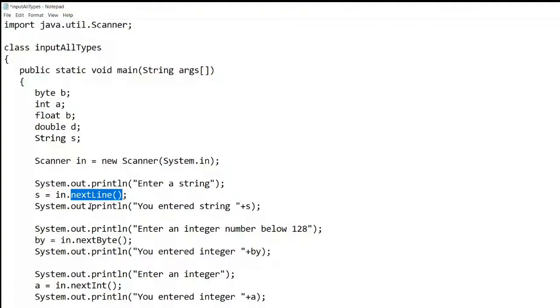In is nothing but the object of the Scanner class, because we are accessing the Scanner class through the in object. So in.nextInt is the predefined method to read an integer. If you want to read a float value, nextFloat. A double value, nextDouble. A string variable, nextLine. Like this it will be there.